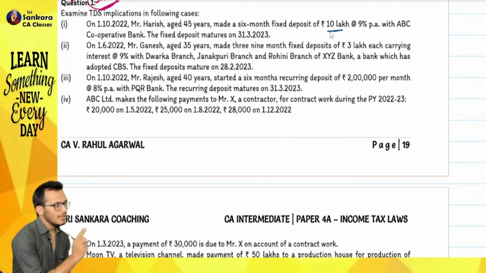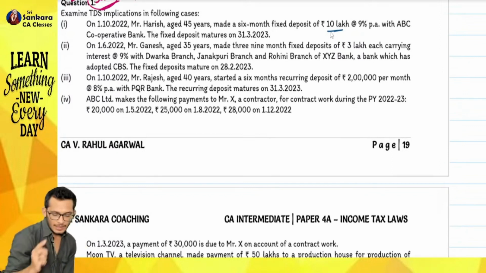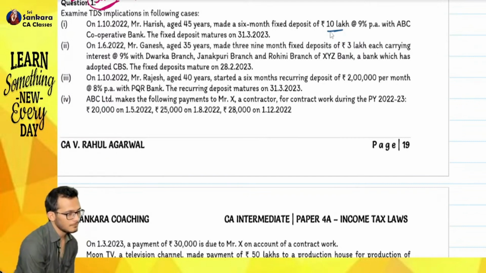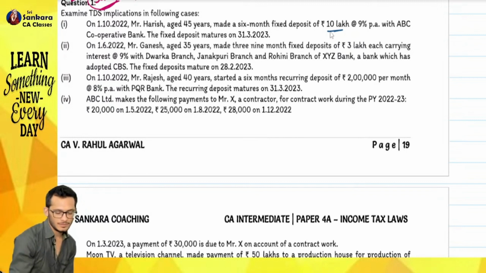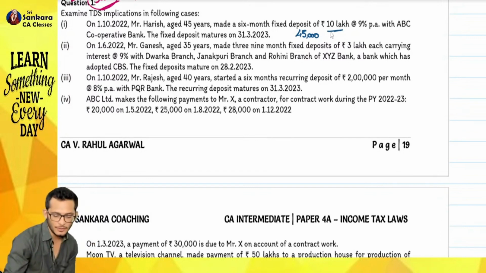In 194A, you have taken a 10 lakhs FD for 6 months at 9% interest. Can someone tell me what is the interest which will come? Please understand your costing, people. It is 10 lakhs FD for 6 months, which means it is 45,000. Harish is 45 years old. Will TDS apply or not? It will apply, because the limit for a non-senior is 40,000. TDS will be at the rate of 10%. Therefore, TDS is